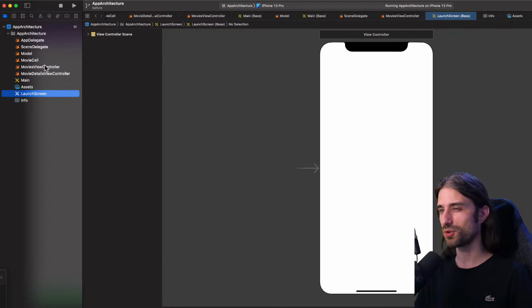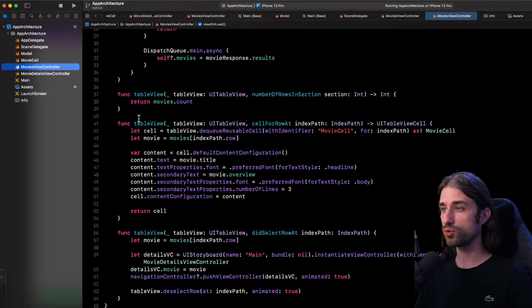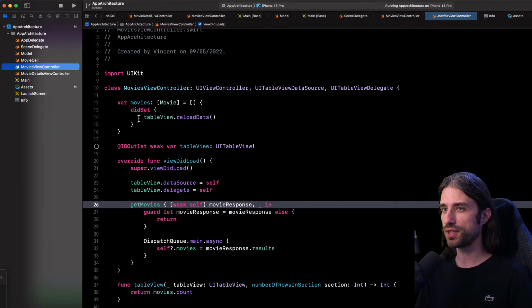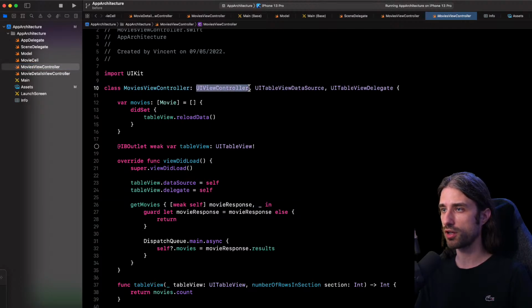And as I said during the intro, I want to start by something simple, just to get us started, and it is to use extensions. So why do I want to use extensions? If you take a look at the class MoviesViewController, first it says that it inherits from UIViewController, and that basically has to be here. There is no other way to declare inheritance in Swift.